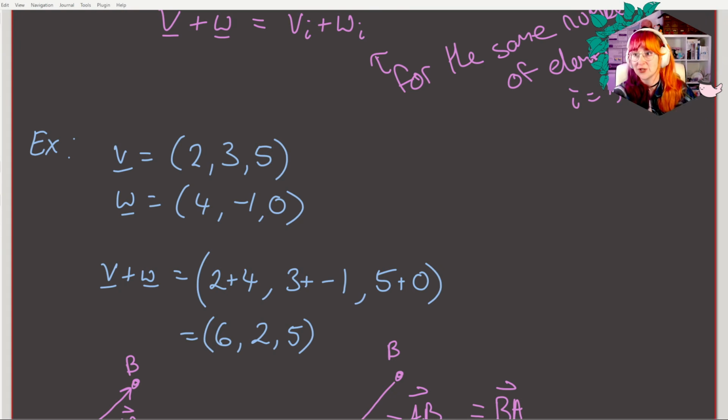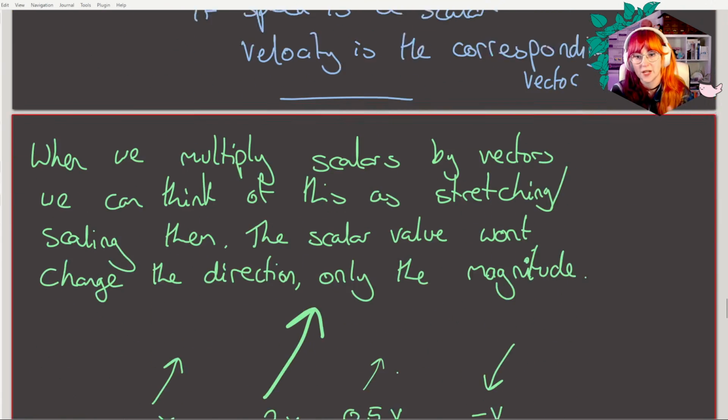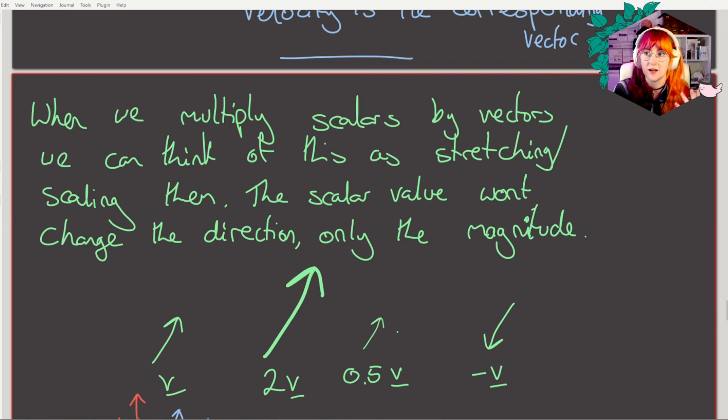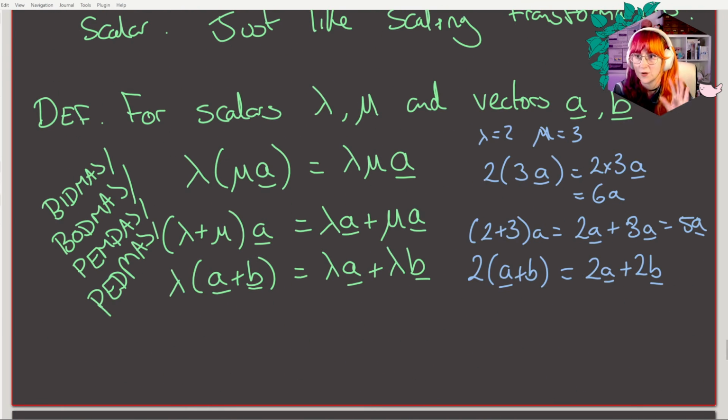So you can't add a 2D vector and a 3D vector, things must be the same dimension. Then we started talking about what it means to multiply a vector by a scalar, and that is basically the same as scaling. So you're applying a scale factor to them, and that's sort of where we were going with this. So we did some nice quick definitions of the mathematical rules that were allowed for adding vectors together,